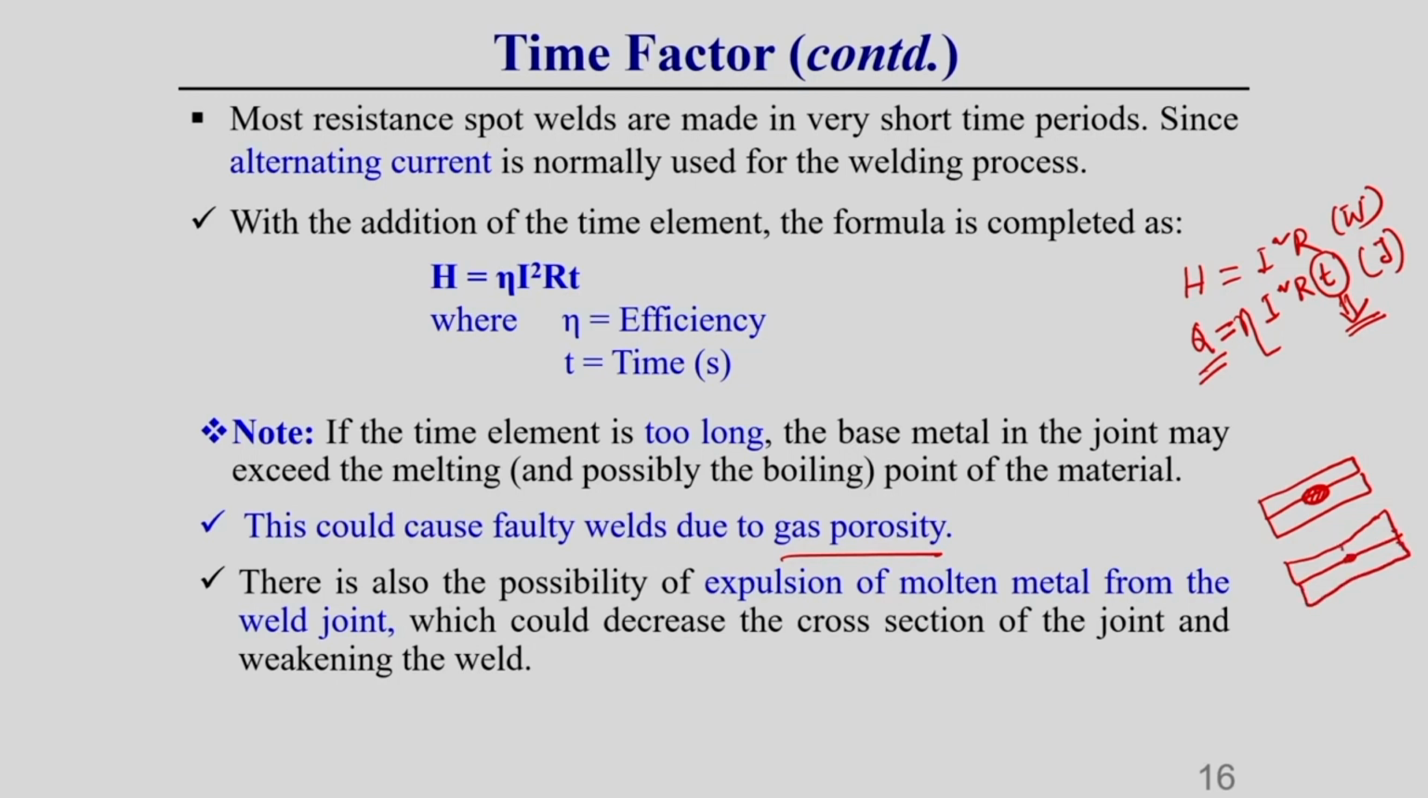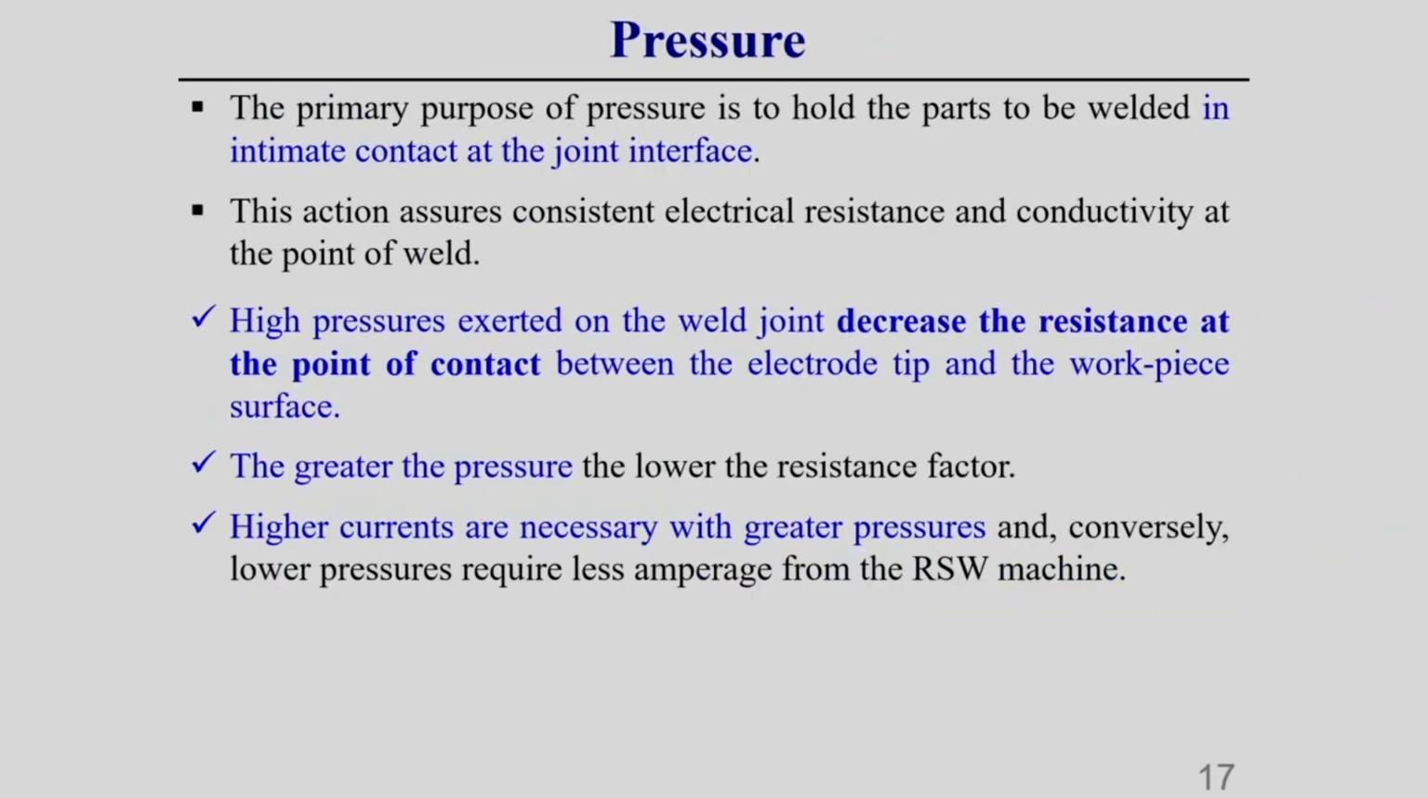So you see, this type of thinning action can take place due to the expulsion of molten metal from this region, and the weld quality will be a defective type of weld. Okay. Now another parameter, which is called pressure, is also a very important parameter, because